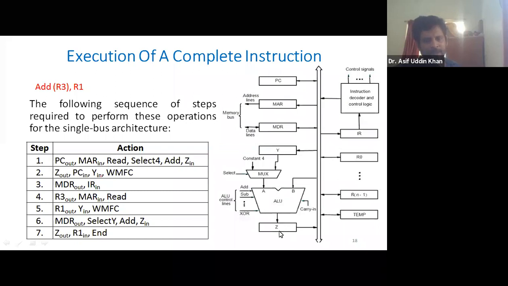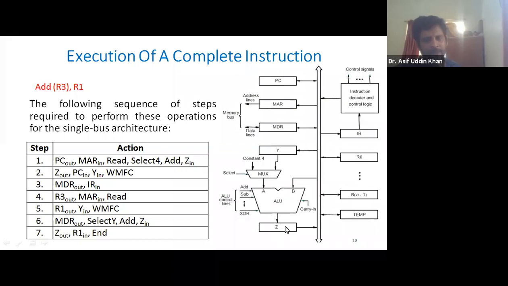After adding, we get the result, and that result goes to the Z register. To give the result to the Z register, Z in must be activated. Then Z out means the data will go to the common bus. Then R1 in, so we store the result in the R1 register. Is that clear?